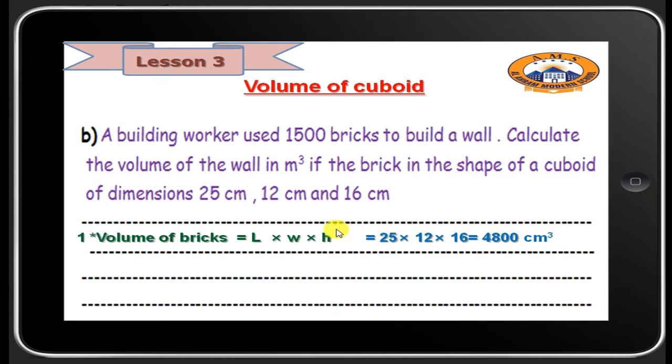Now, he used how many bricks to build the wall? He used 1,500 bricks to build a wall. So I know the volume of one brick. I am going to use this to calculate the volume of the entire wall by multiplying the volume of one brick times the number of bricks that I used to build the wall. So the volume of the wall equal 1,500 times 4,800. That will give us